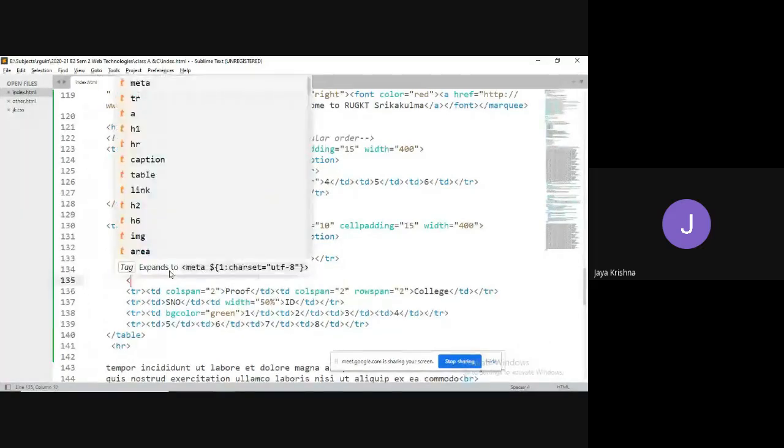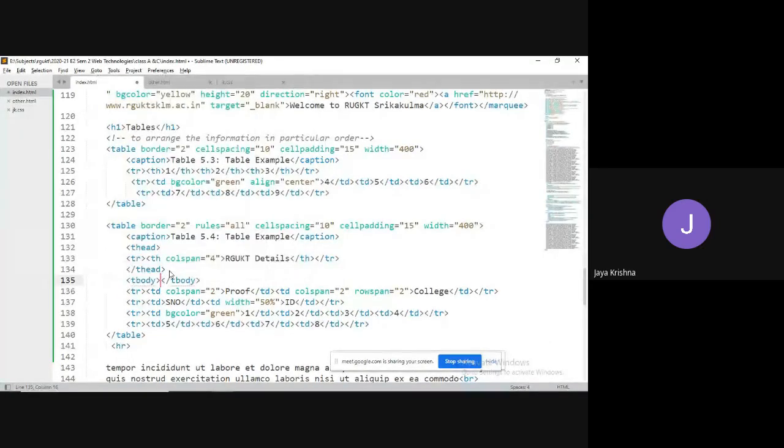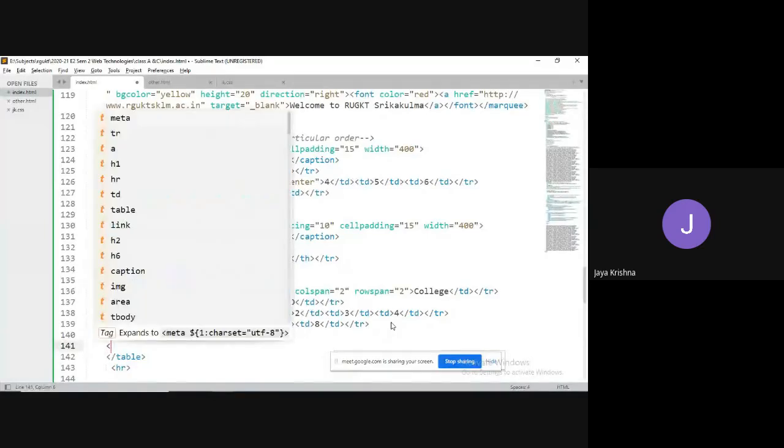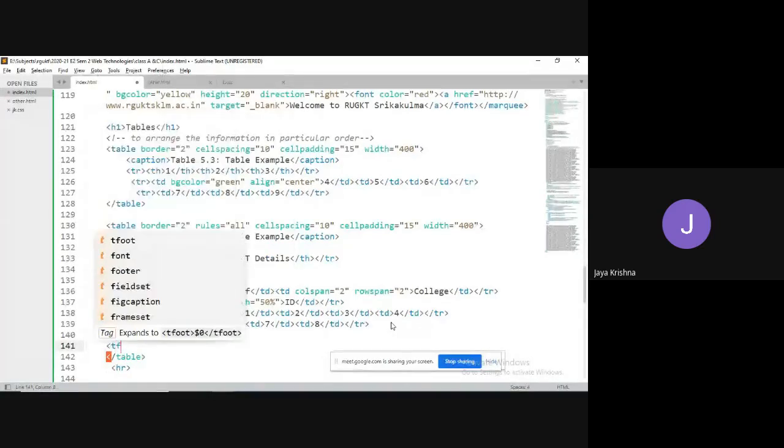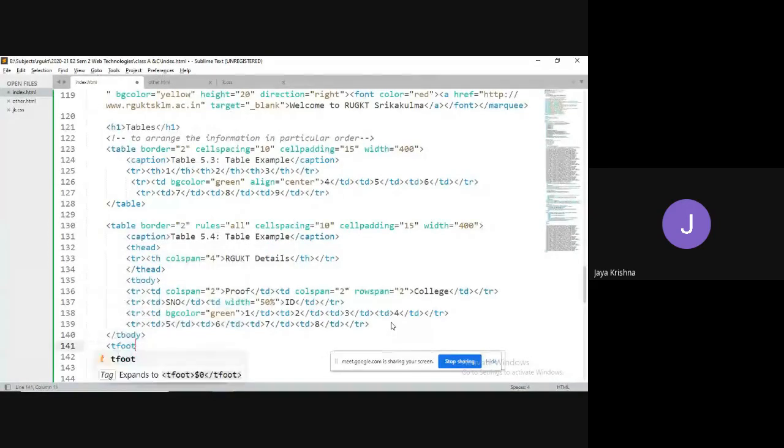For example, tbody is there. The tbody tag purpose is to group the table body items. There is one more tag, the tfoot tag. The purpose of this tag is to group the table footer items.